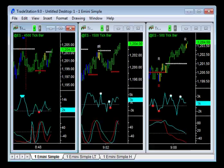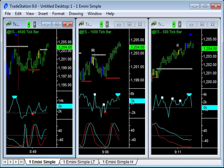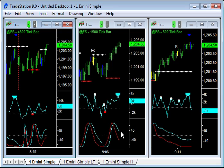So let's see, 7.5. Okay, a tricky one. Just had exhaustion buying on the 1500 tip bar chart. No blue professional bars here. Kind of due for a cyclical top. 500 tip bar chart, I've had exhaustion buying, blue professional bars kind of come in. Original target's at 5.5. 7.5 does look a stretch from here, but I'm surprised there wasn't more of a